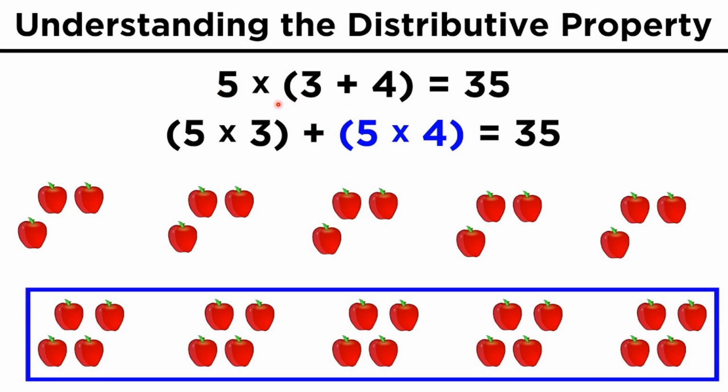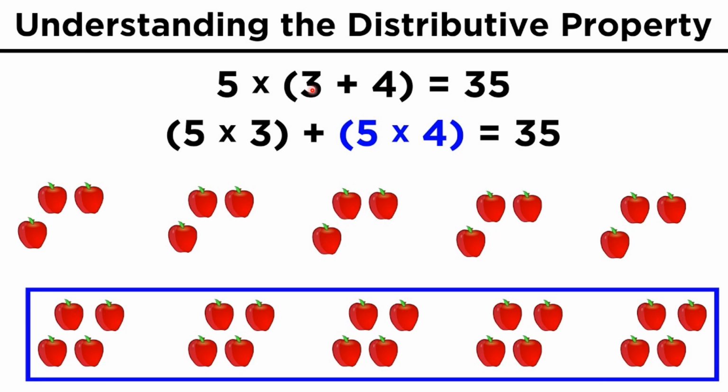You can also understand this problem as your son getting 3 apples and your daughter getting 4 apples. So I can make the calculation of how many apples your son is getting: 5 into 3, 15. How many apples is your daughter getting? I can say 5 into 4, 20 apples. I cannot say that the son is getting 15 apples and the daughter is getting only 4 apples. That is, you are distributing 5 apples to both your son and daughter.